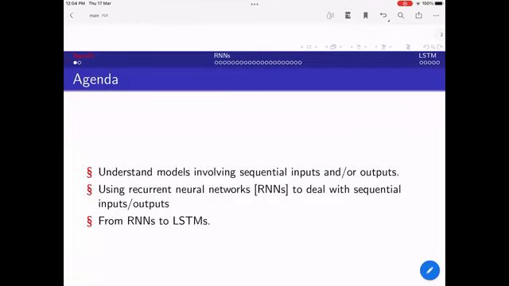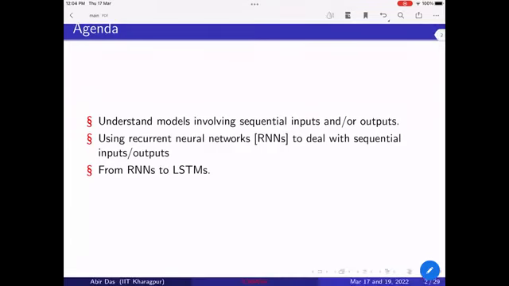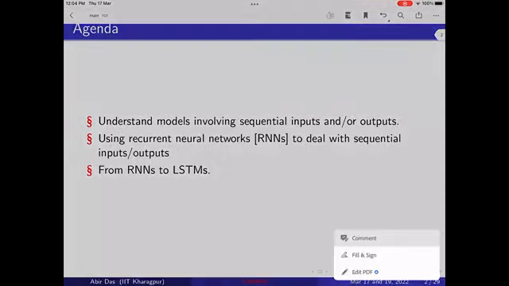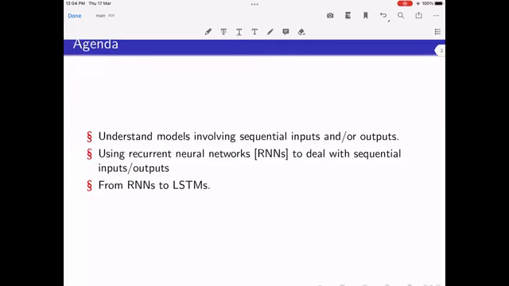Okay, so this is the agenda. Understanding models involving sequential inputs and outputs, and then using recurrent neural networks to deal with sequential inputs and outputs, and from RNNs to LSTM. Recurrent neural networks we sometimes call RNN. These are the advantages and disadvantages of RNNs for sequential inputs, and then how do we deal with the disadvantages